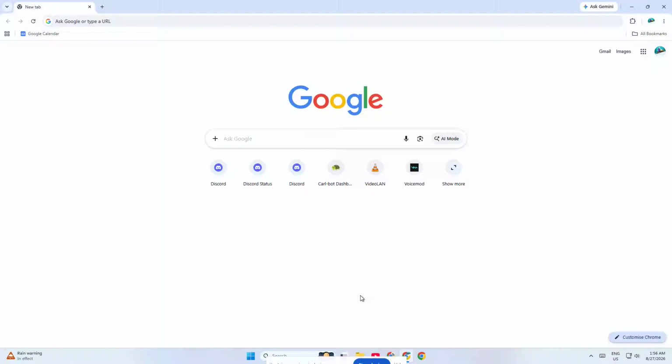If you've been trying to open a website or a tool in Google Chrome and nothing happens, your pop-up blocker may be stopping it. In this video, I'll show you exactly how to disable the pop-up blocker in Google Chrome in just a few simple steps. This is a quick fix that can help when login windows, download prompts, payment pages, or important website messages are